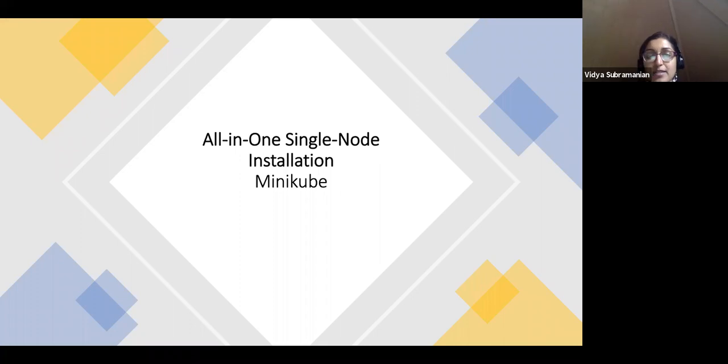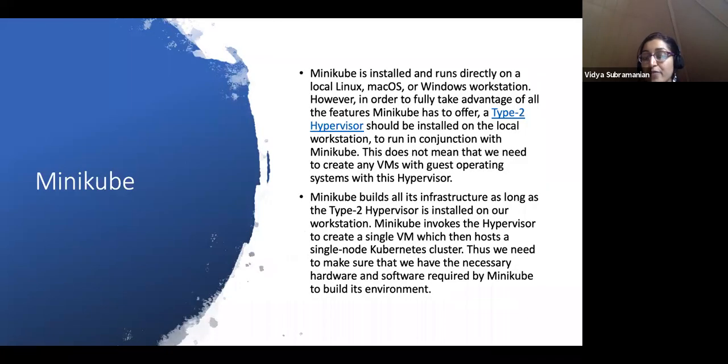Is that making sense? And we are going to use something called Minikube. What we need to know about Minikube is that it is installed and runs directly. Again, if needed, you could be running this locally. You could be installing Minikube locally directly on your Mac or Windows.